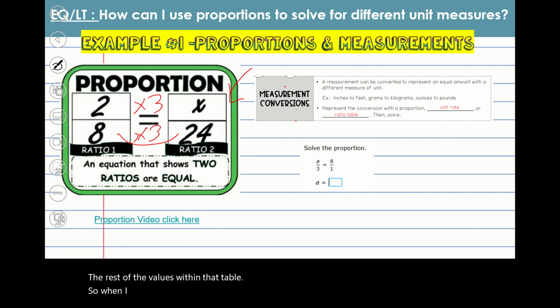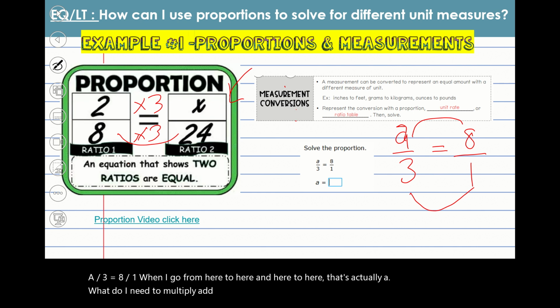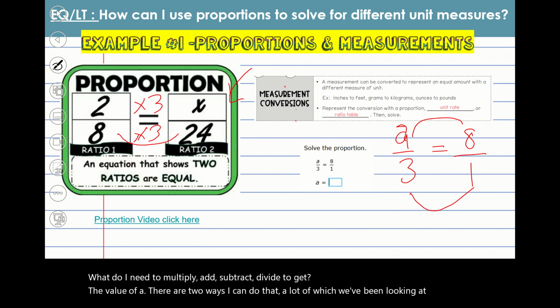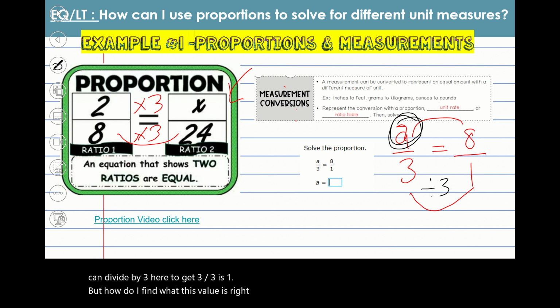So when I look here at this question, it says solve the proportion. A over 3 equals 8 over 1. When I go from here to here and here to here, that's actually an A. What do I need to multiply, add, subtract, or divide to get the value of A? Well, there are two ways I can do that. I can divide by 3 here to get 3 divided by 3 is 1. But how do I find what this value is right here? We use something called cross products,